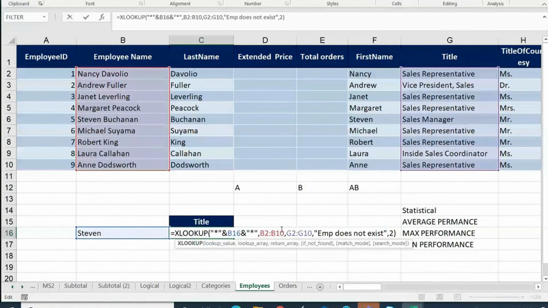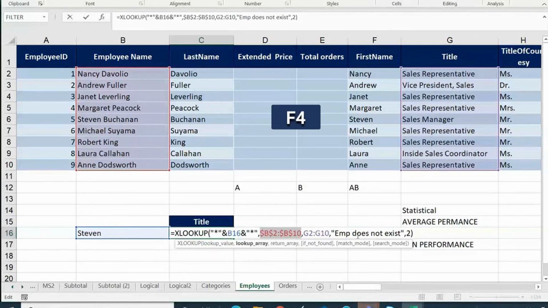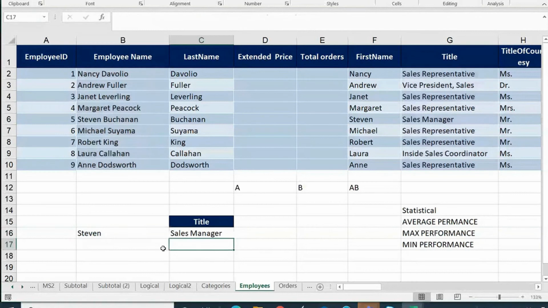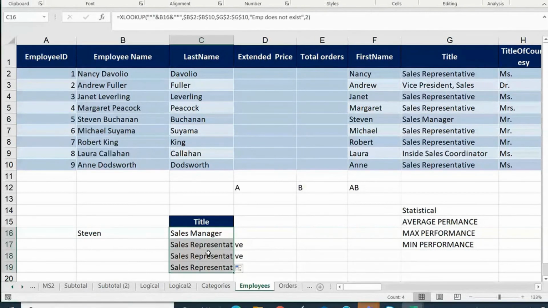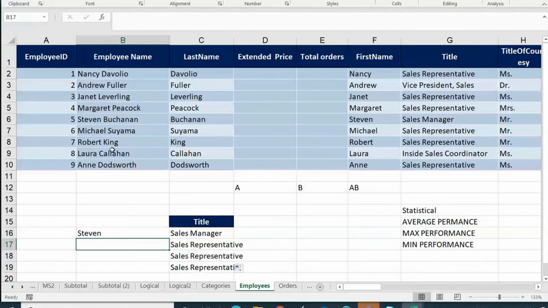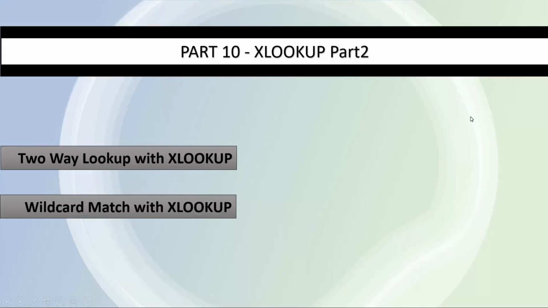Now if you want, you can also run this for the other data as well. If I lock my ranges, make this absolute with F4, make this also absolute with F4, enter. If I run this for more values down, see, I'm getting Aura. Look at this, we have Michael. So whatever I write, whether it is the beginning or end, I'm able to get it. Truly wonderful is this new function XLOOKUP. Hope you agree with me.